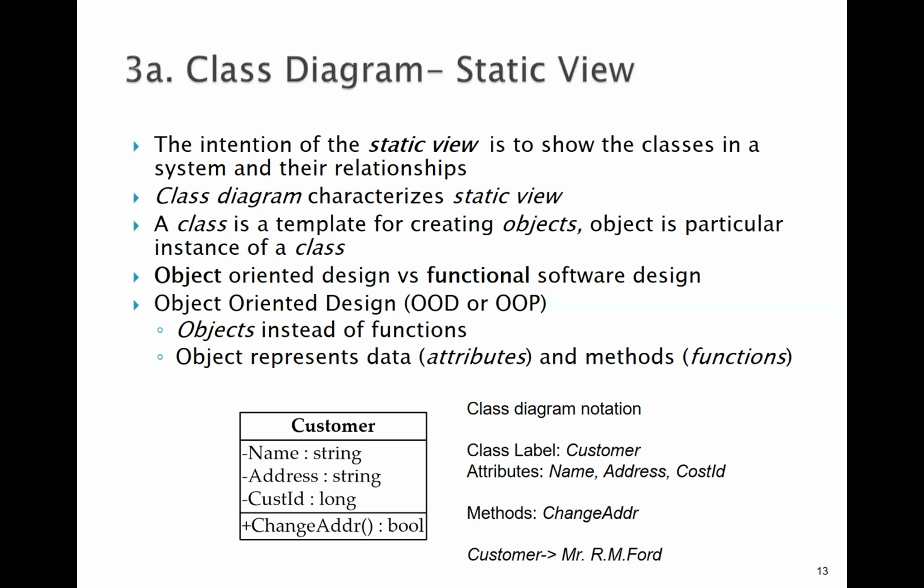When we compare object-oriented design and functional software design, we simply use objects instead of functions, and objects represent data and methods. So methods correspond to functions in software, while data corresponds to attributes. Attributes correspond to data in software design. Here you can see an example